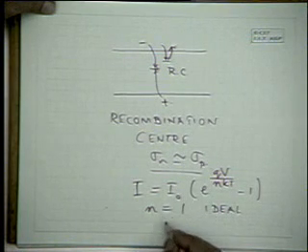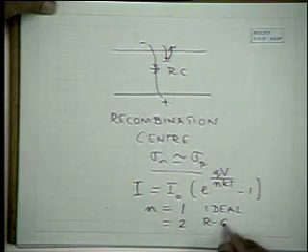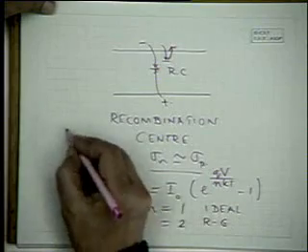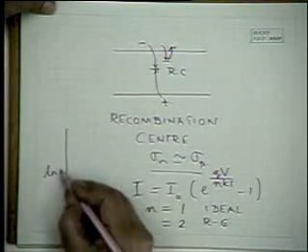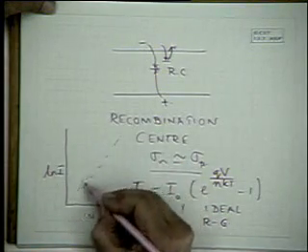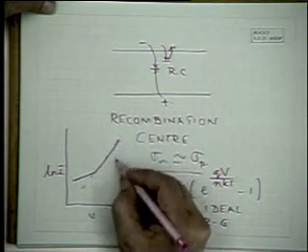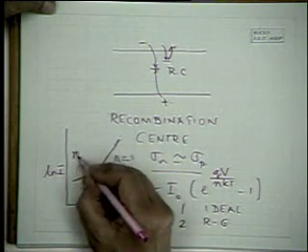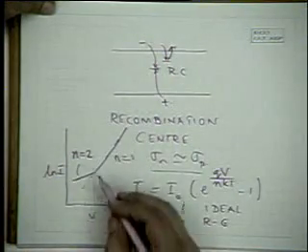And it can be shown that N is equal to 2 if you have these recombination generation centers. So the current in this case, log I against V, does not increase like that. It increases rather more slowly. This is the ideal region, N is equal to 1, and this is the recombination center where N is equal to 2. Okay. So this recombination generation process at